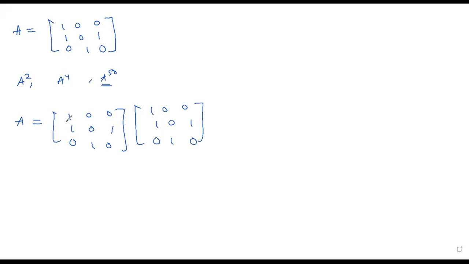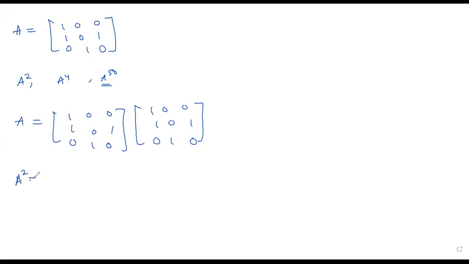Simple trick. Here we take this row and this column for the first element, again this row and this column for the second element, and again this row and this column for the third element. So it will repeat. Second row, first column for element 2 1, second row, second column for 2 2, second row, third column for 2 3. Third row, first column for 3 1, third row, second column for 3 2, third row, third column for 3 3. Now we will start the multiplication.